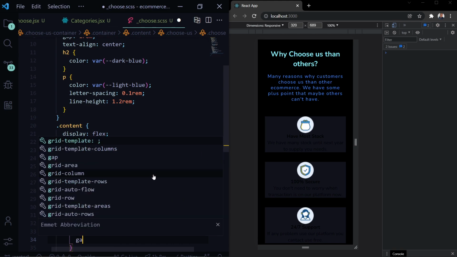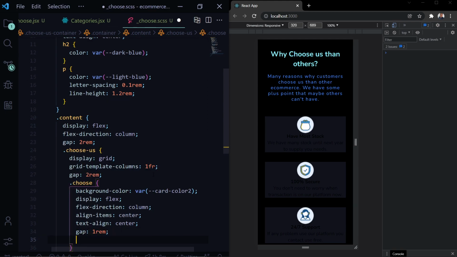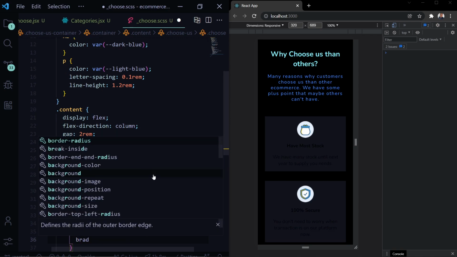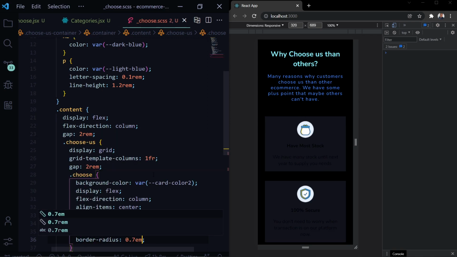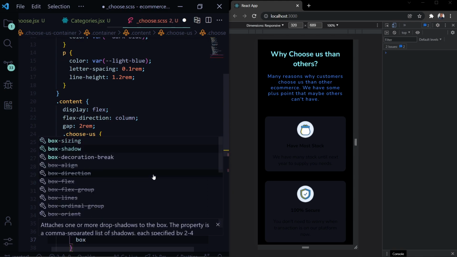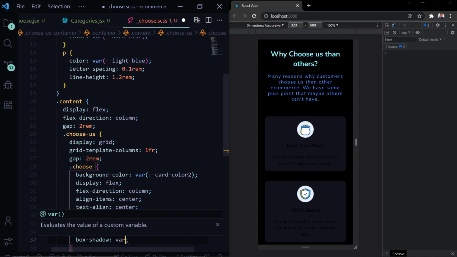Then we'll give it a gap of 1 rem and a padding of 1 rem. Border radius would be 0.7 rem. This is rem. And after this we'll also give it a box shadow of var fixed shadow,